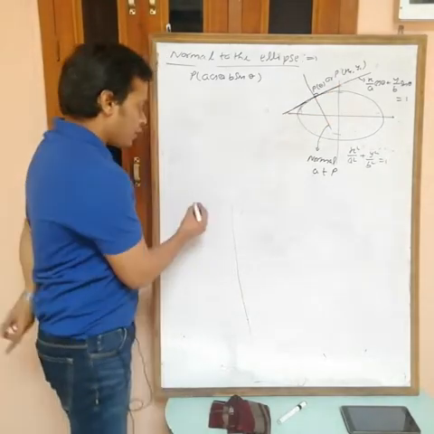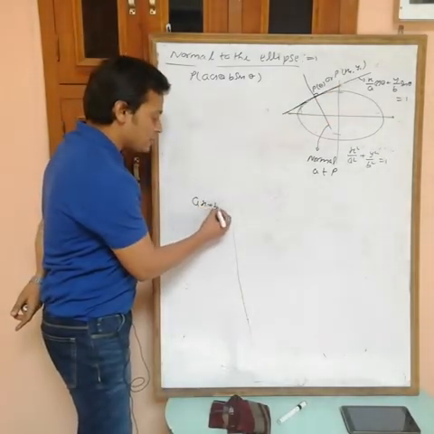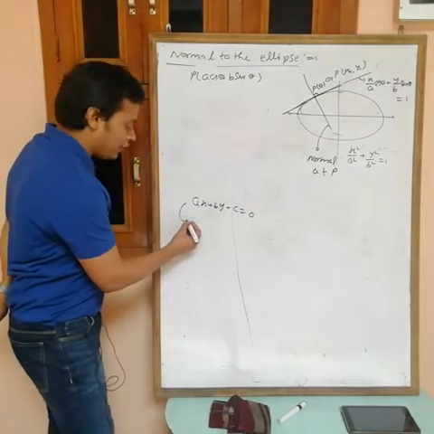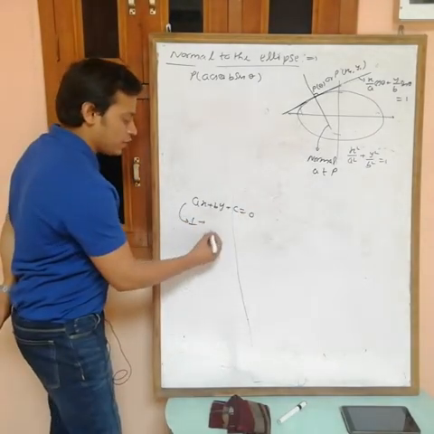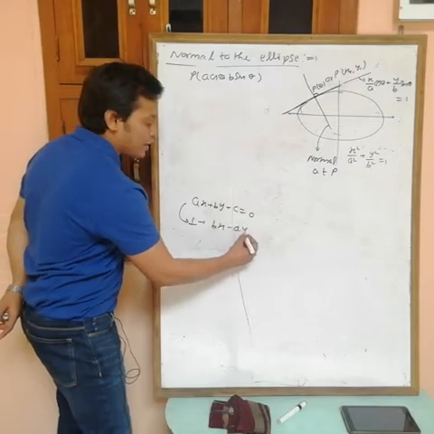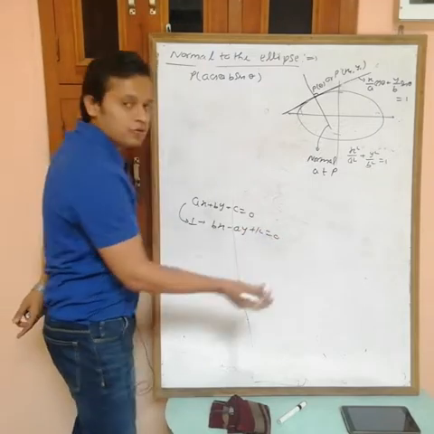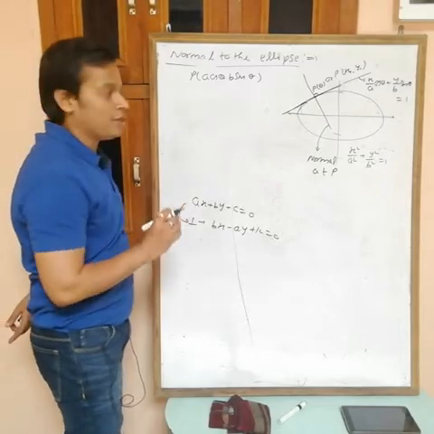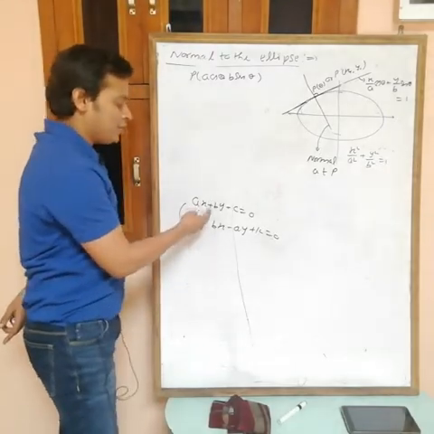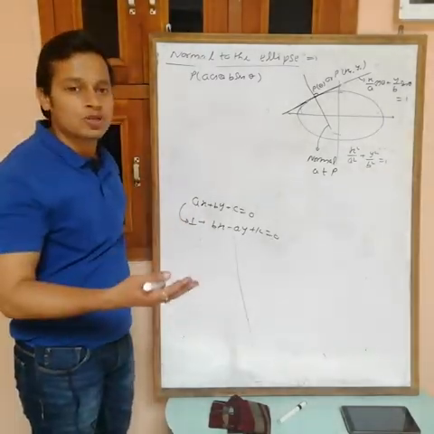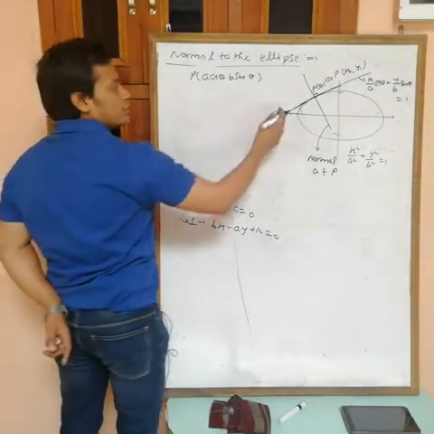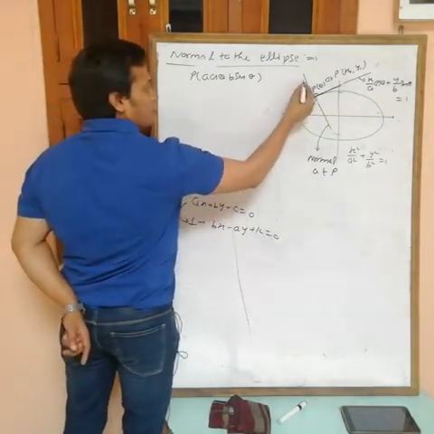Okay, if you have a line ax plus by plus c equals 0, and you want a line perpendicular to this one, then it is bx minus ay plus k equals 0, because here we are using only one thing, na, m1 m2 equals minus 1, so I can use this. Okay, so this is the equation of tangent. Then the equation of normal is